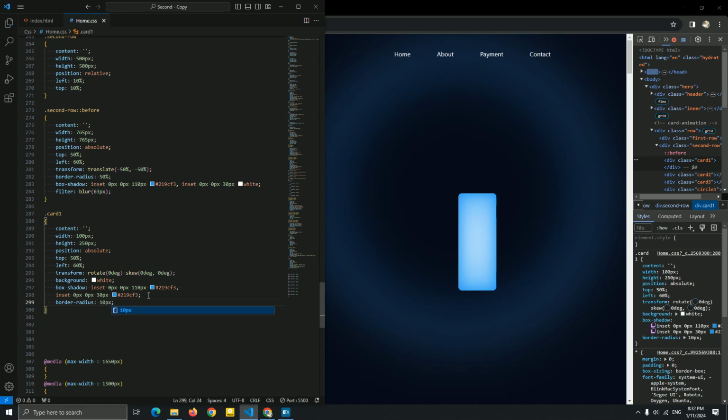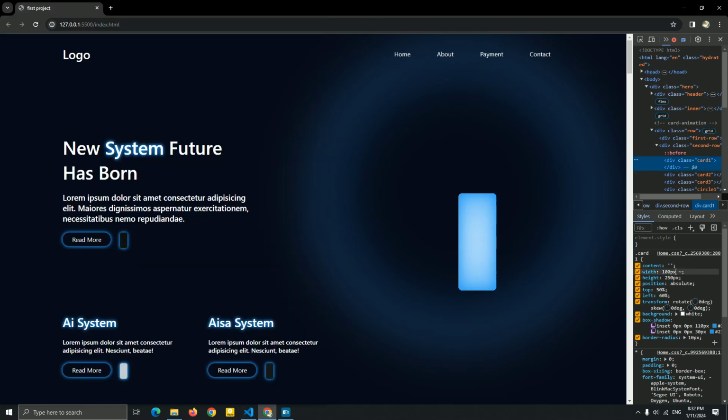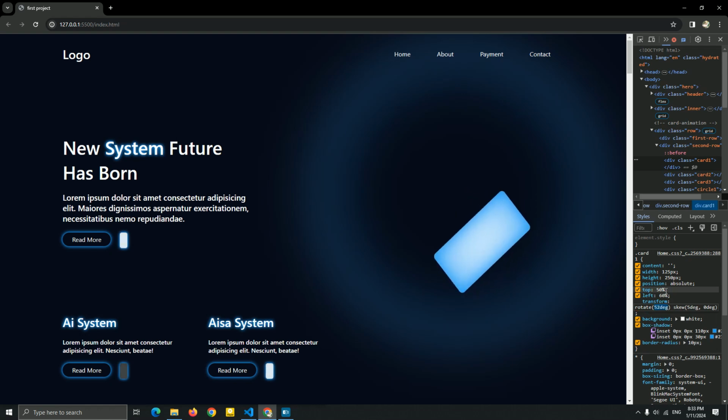Okay, so now we add a rotate 0 degree and skew 0 degree to just teach you how to create a card. So for example, if I want to create a card using skew, we don't need too much width, so just don't use too much width for this, guys. Now let me just add it here. You know what, let me just rotate.